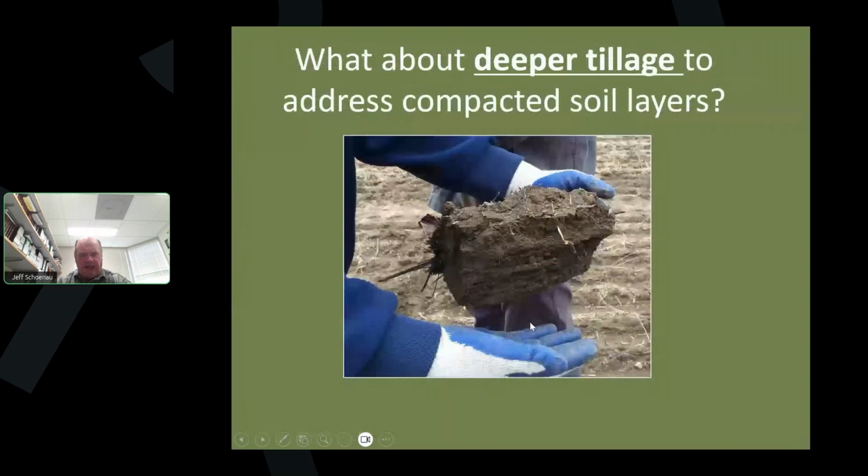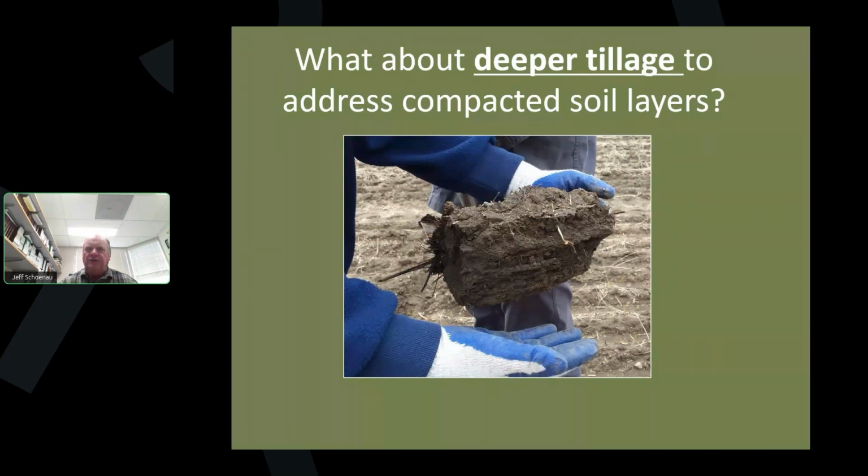So folks, that's shallow tillage. For the remainder of my presentation, I want to talk a little bit about deeper tillage, and specifically deeper tillage to address compacted soil layers. So instead of dealing with the top 0 to 10 or 0 to 15 centimeters, we're going a little bit deeper, down to 30 centimeters, 45 centimeters, and addressing some soil compaction associated with